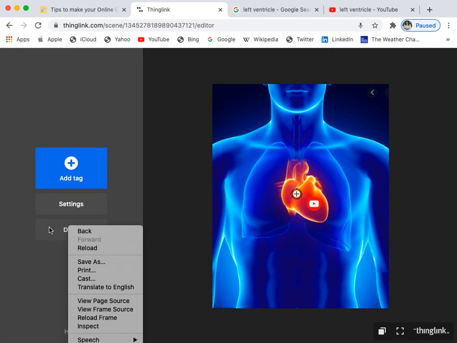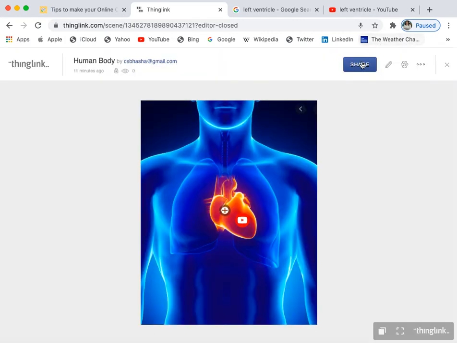So when I'm done, when I click on done, see how interesting. I will just share this picture with my students and see what they will do. When you're exploring or explaining about the human body, you will just say, what is this, children? It's a human heart. So you can see human heart is written over there. Now if I would like to do some explanation about the human heart, I'm going to click on this section.